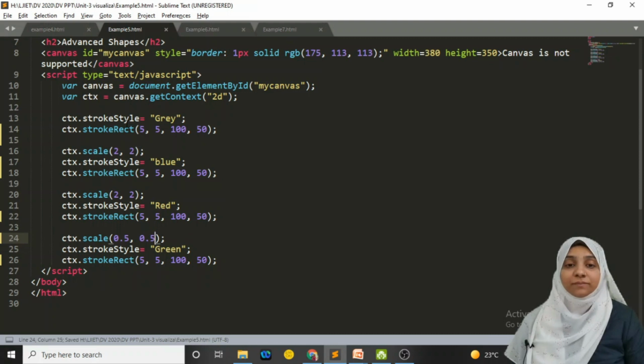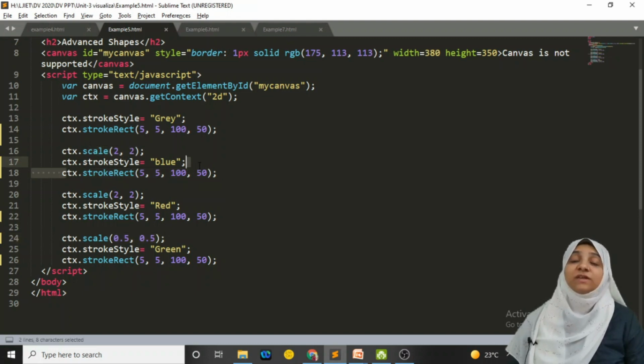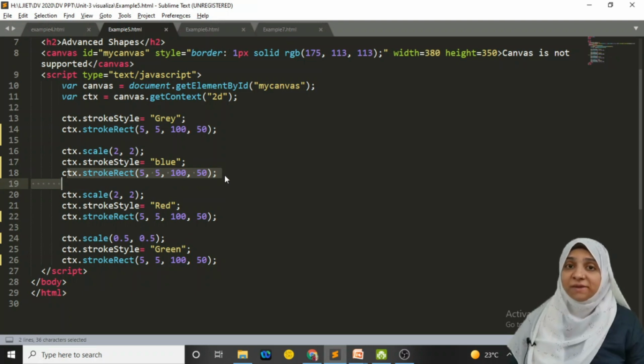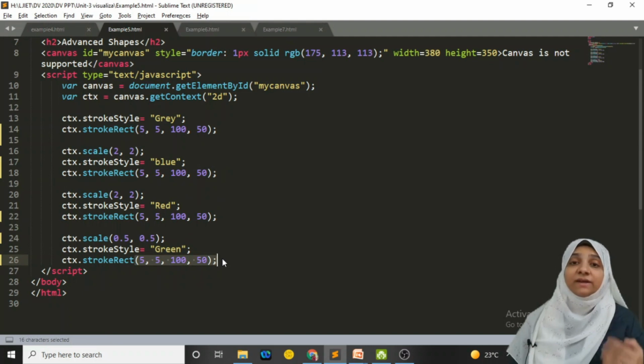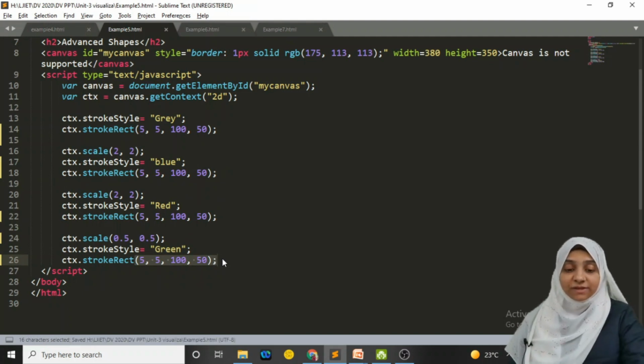So what will happen? Initially the gray rectangle will be displayed. Now the scaled blue rectangle will be displayed. The larger red rectangle will be displayed. Now, whatever the coordinates of the red rectangle are, we are reducing our coordinates to half. That means we are again going back to the scale size of the blue rectangle. So we must not be able to see the blue rectangle now, because the green rectangle is drawn exactly above the blue rectangle. Saving this,